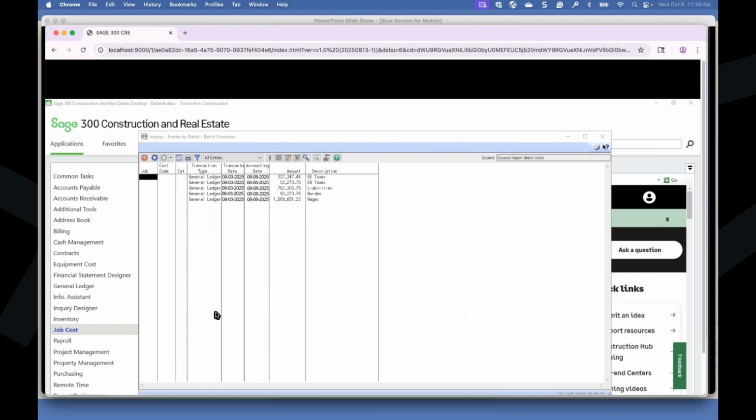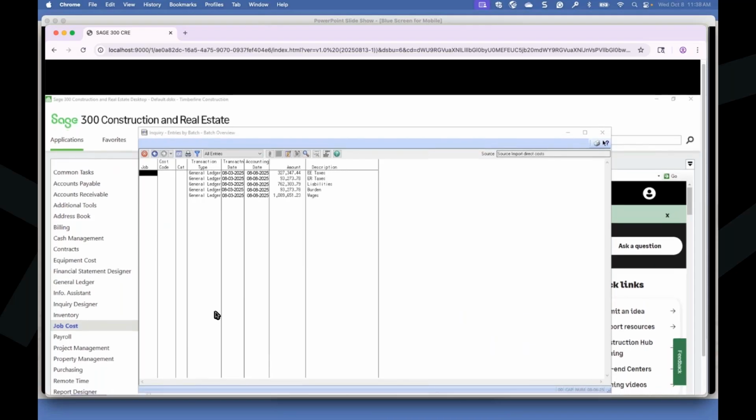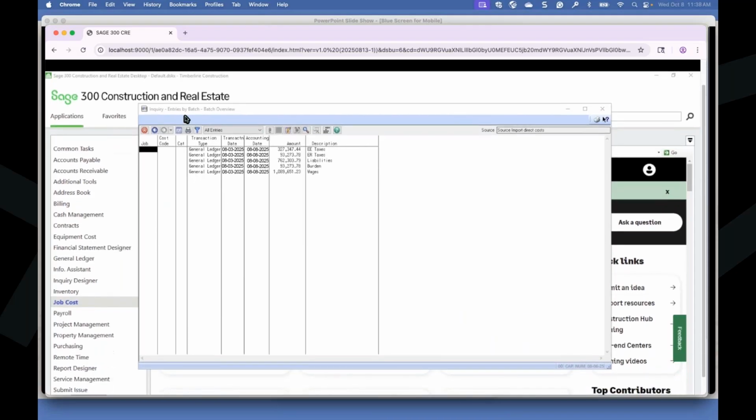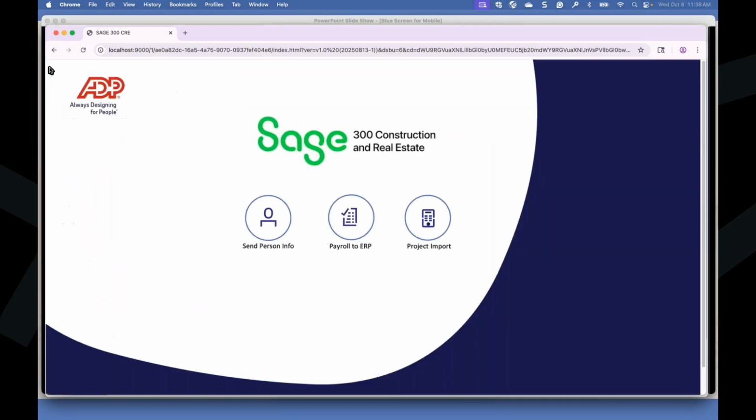At that point, you just come over into your Sage 300, you go ahead and pull that up, and you'll be able to see those entries by batch within your Sage 300. So I can see in here my general ledger and go in and pull that information. All right, and that takes us through, again, a high level of just some of the different features available with Workforce Now in conjunction with our partnership with Sage 300. So I'm going to go ahead now and turn it back over to Kevin.